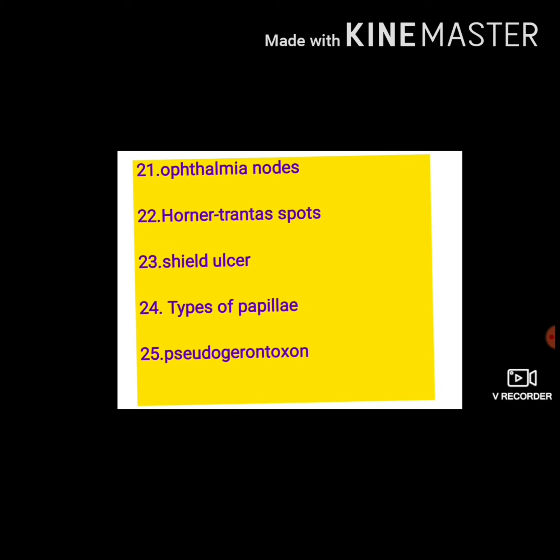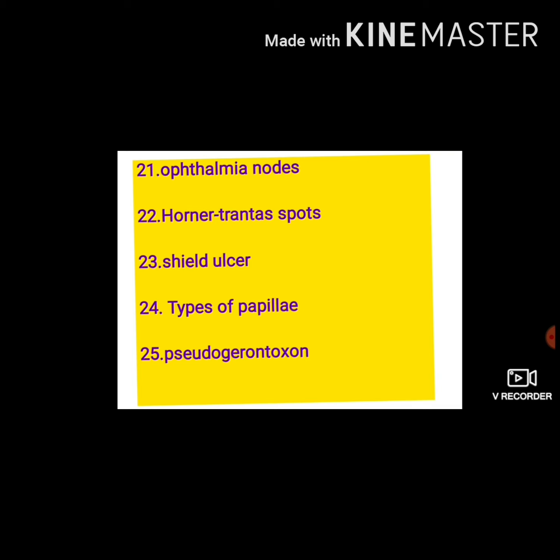Next is ophthalmia nodosa. It is nothing but caterpillar hair conjunctivitis. It is granulomatous inflammation of conjunctiva due to retained hair of caterpillar. So that leads to formation of nodule. So the excision of nodule is the treatment. Coming to Horner-Trantas spots seen in vernal keratoconjunctivitis, these are nothing but discrete white dots seen around the limbus, which consist of eosinophils and the epithelial debris. Here you can draw a diagram and show in viva also, or the 3 markers you can draw a diagram and show.